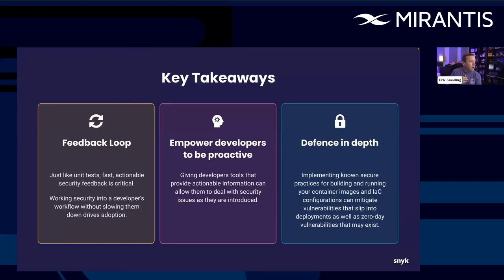Finally, and I've been talking a lot here, my key points: it all comes back to a fast feedback loop. Whatever you're doing, you want to make sure you're letting engineers know as fast as possible if they have a misconfiguration, whether it's through our tools or somebody else's tool, if they have a vulnerability that's coming in through a dependency or a base image or whatever, or if they have Kubernetes manifests that have bad practice in them. There's scanners for that as well. Things like that. Tell them as fast as possible. And the fastest, in my opinion, is part of your build and a plugin in your IDE, things like that.